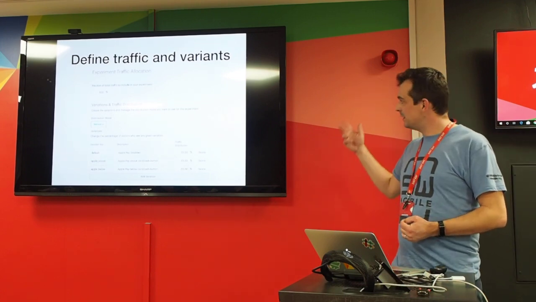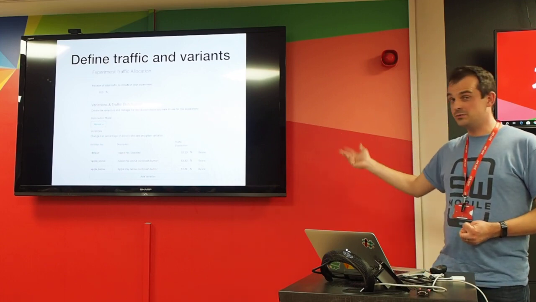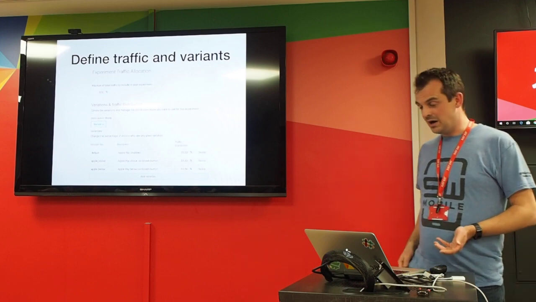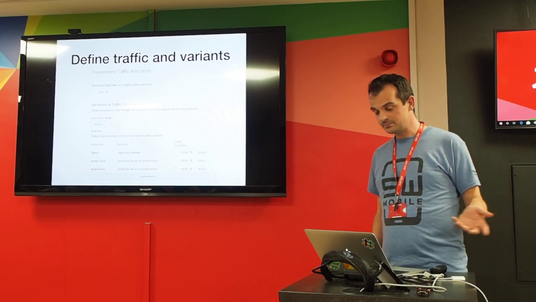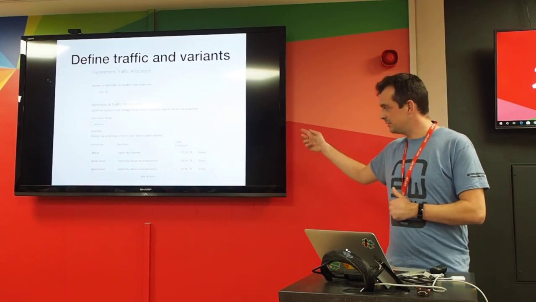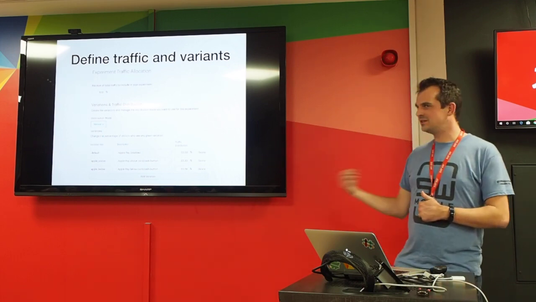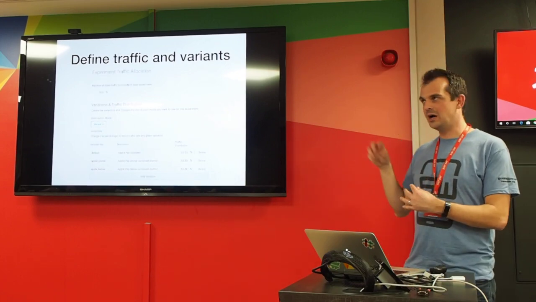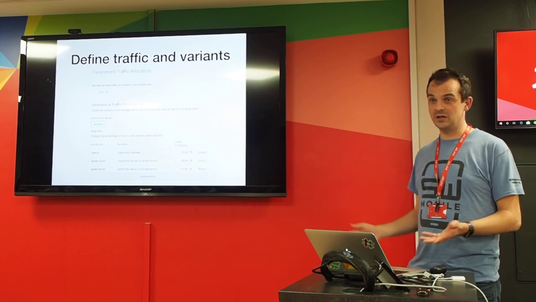So you can limit the traffic to less than 100% of your users if you want to, and you can do this with pretty much any A/B testing framework. I'm using Optimizer here as an example, but you can decide how many people you want to target with that experiment, and within each experiment you probably want to keep the traffic allocations between the variants the same. For statistical reasons, I'll come to that again in a sec, but if you start tweaking, say your default to have more users than others, it will take you longer to get to a result.